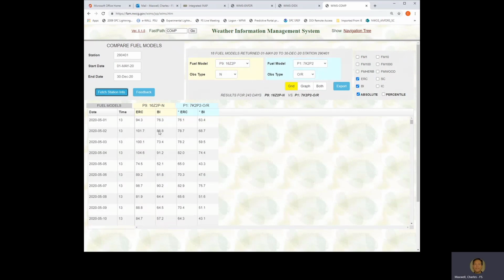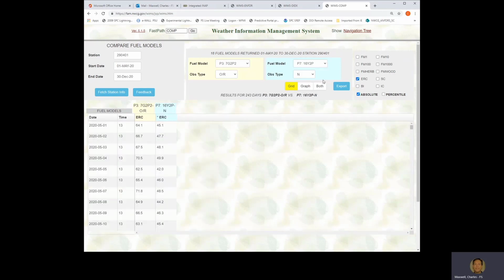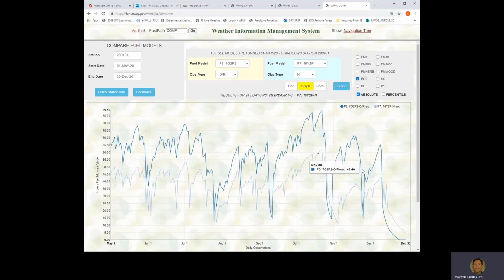Okay, so a bunch of different things going on here. Here's the outputs based on the selections which have been made up here. These are the pre-configured ones. I'm going to go here and change these so I get a G on one side of the type OBS, and then a Y off the other side of the type N observations. I believe these should be set by default based on what you choose for fuel models, but you might want to check that. And I'm going to use the graphical version. I'm going to actually select only one variable and use the graphical version.